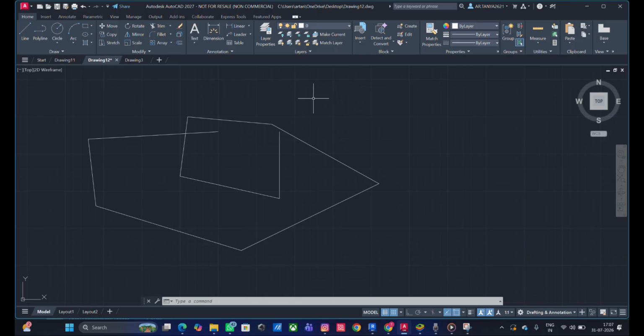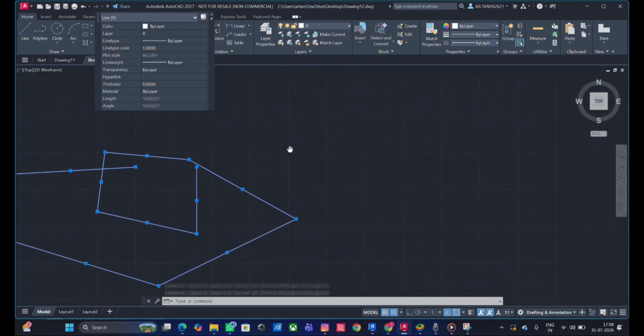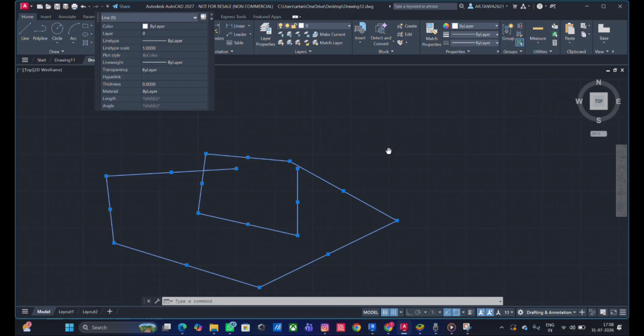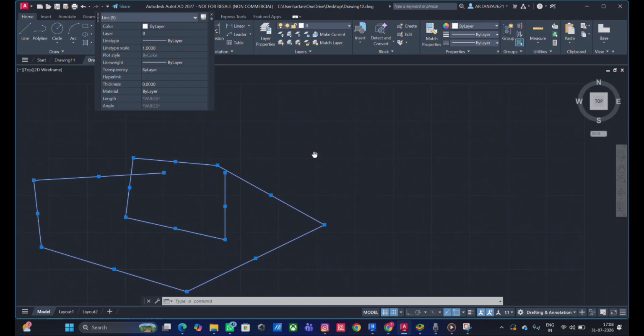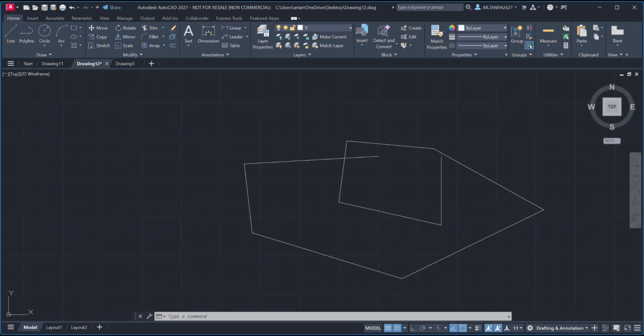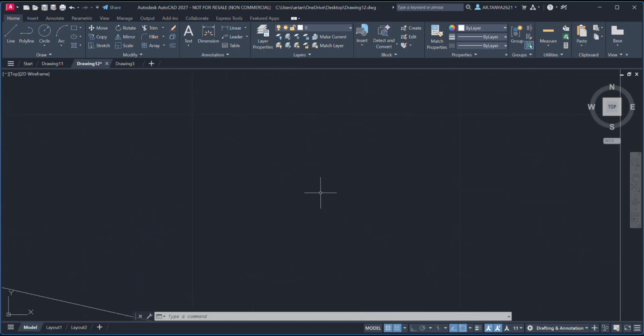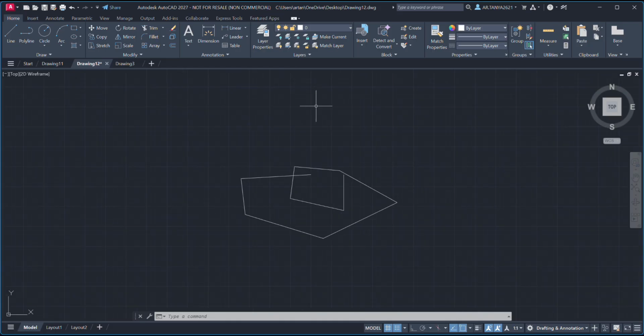Let's talk about cursor or crosshair in AutoCAD. The plus sign you are watching on screen, which I am moving, is called cursor or crosshair. It is used for selecting elements in AutoCAD. If you press the middle button of the mouse, it will act as a pan tool. We can move our screen in any direction we want, in X and Y direction, because we are in 2D model space right now. You can see it can zoom in and zoom out as well. So these are the uses of cursor or crosshair in AutoCAD.